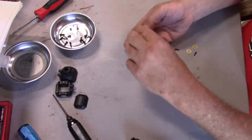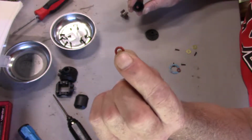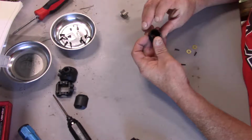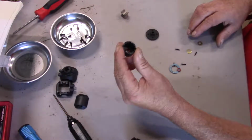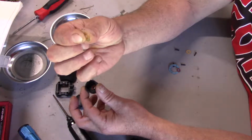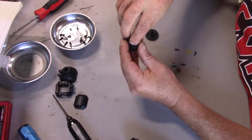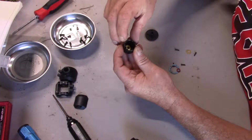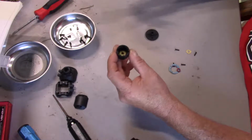All right, so first things first, we have this O-ring right here, really teeny thing. This goes into the bottom, and just like the last one, goes down inside this groove. Then, now this time I'm not going to forget, there's this shim washer. This goes down the bottom as well. Getting that where it belongs can be a bit of a challenge. Okay, so then we just put the locker piece in,